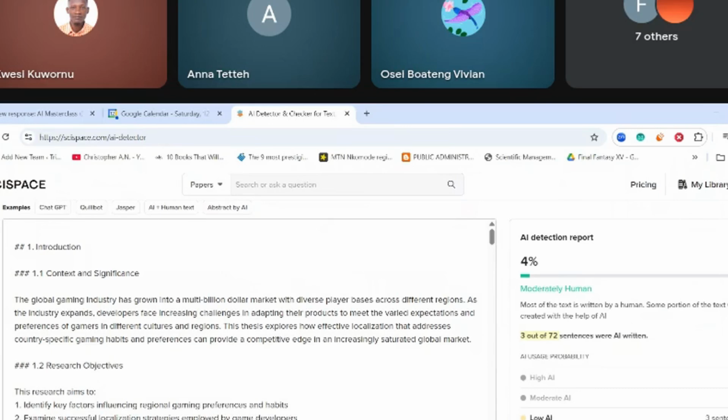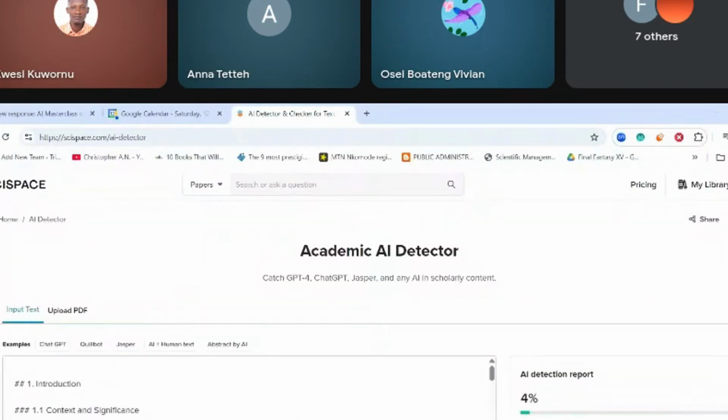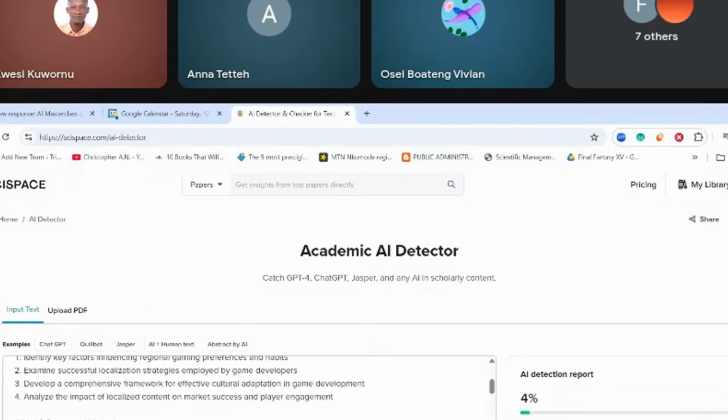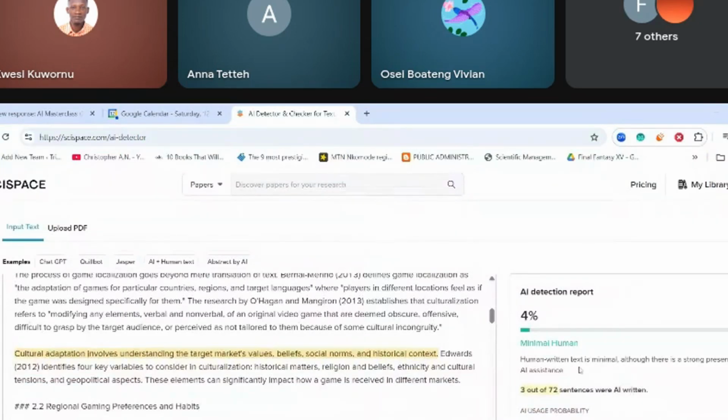So we have scientific and non-scientific. Basically, scientific has to do with technical research and stuff like that. Non-scientific can be for simpler reports that are not that academic or technical, and it tells you why it's human or why it's AI and all that. Use it as you wish. I am not saying you should use it as a cheating tool. I'm just saying this is a tool that exists and you can utilize it how you wish, whether you are in